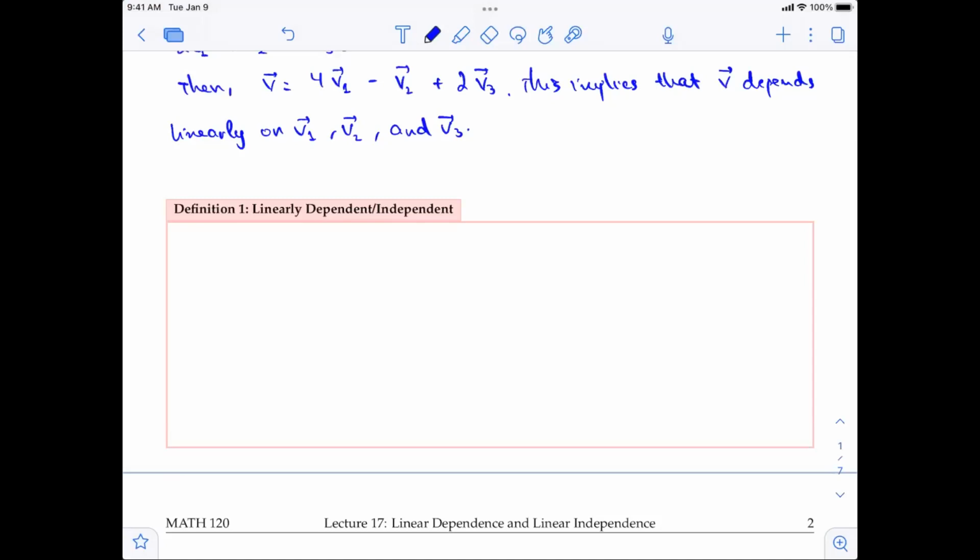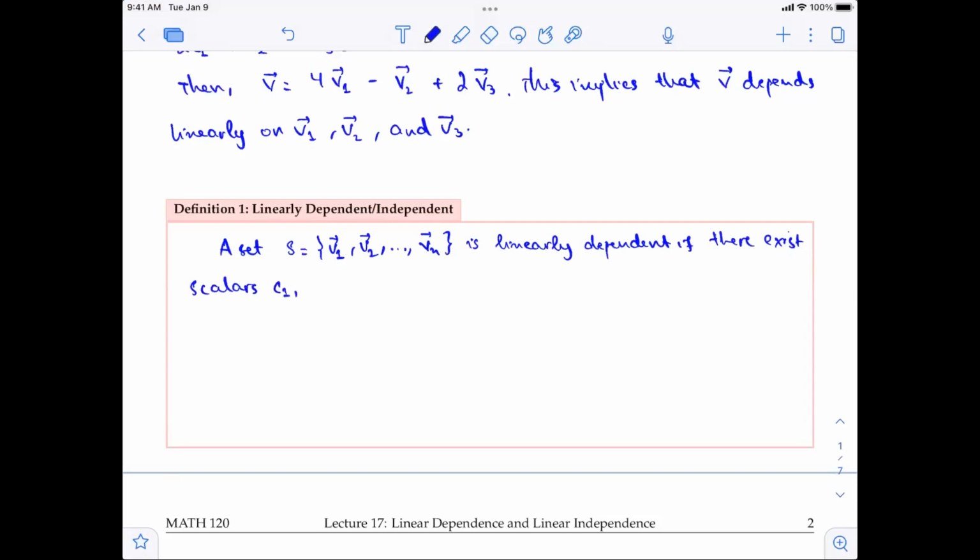A set S equal to {V1, V2, up to Vn} is linearly dependent if there exist scalars C1, C2, up to Cn, not all zero,